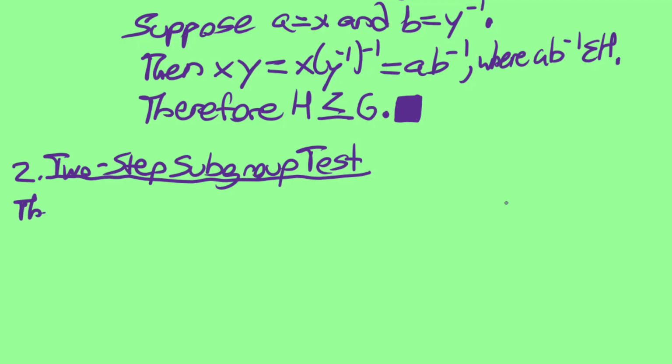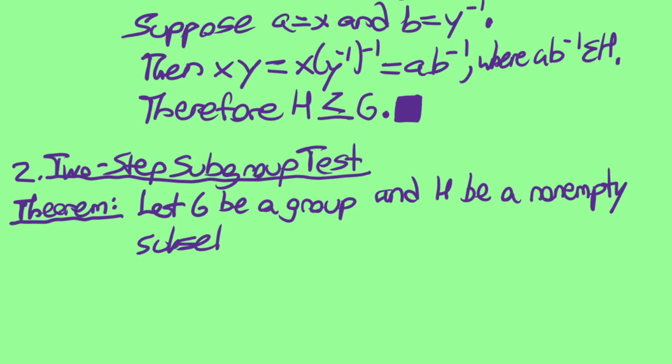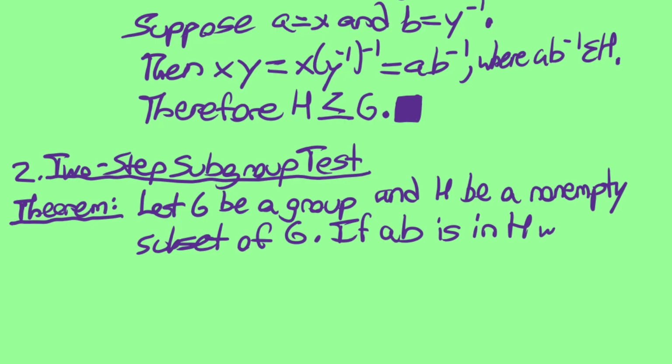So the theorem for this is, let G be a group and H be a non-empty subset of G. So if AB is in H whenever A and B are in H,